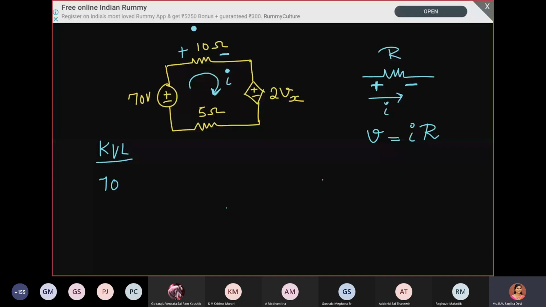Sorry, there's a lag, I guess. You wrote already minus 10I and it's not showing here. Yes, it's not showing, but still I think I can explain. You can just listen to that, because there is a lag today, a lot of lag today.